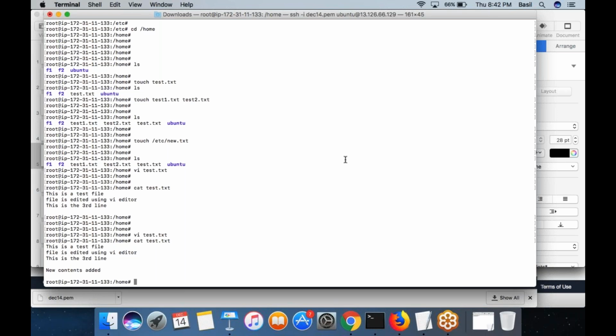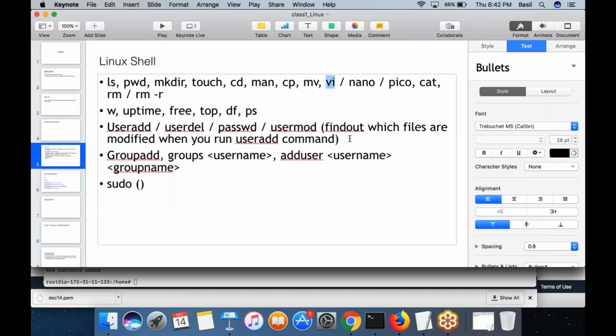So got it, right? Like VI, there are other editors also. Nano and Pico, they are editors just like your Notepad. There is no insert mode. You can open the file in the nano editor, nano space test.txt. Then you can start modifying your file, right? Just like you would do in Notepad, all the buttons, insert or backspace, delete, all these buttons on your keyboard will work just like you would open a Notepad editor in Windows.